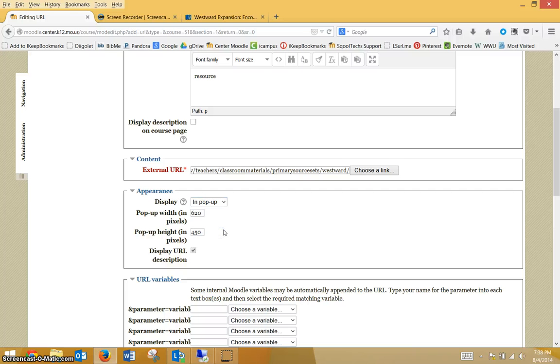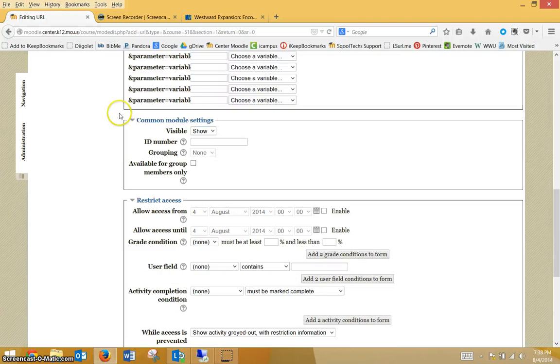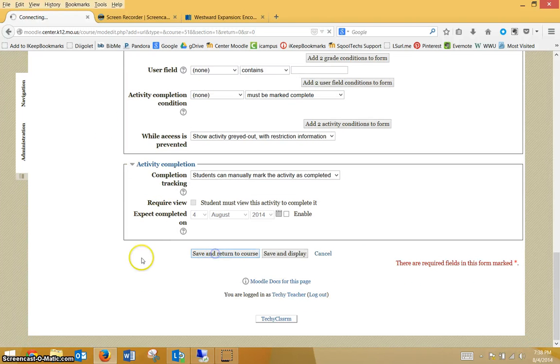What this does is it lets kids close out of that window of the resource you just gave them without closing out of your Moodle. Right? So now they can go back, they can access the next resource, they can pull up the graphic organizer, the notes, whatever it is that you want to do there. So I would recommend in a pop-up, I'm just going to scroll to the bottom and save and return to